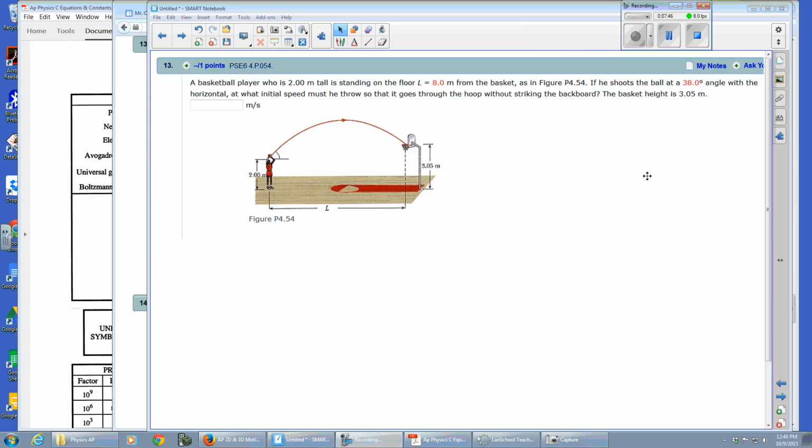All right, so a basketball player who is 2 meters tall is standing on the floor 8 meters from the basket, as shown in the figure. Shoots the ball at an angle of 38 degrees above the horizontal. At what initial speed must he throw it so it goes through the hoop without striking the backboard? The basket height is 3.05 meters. All right, so